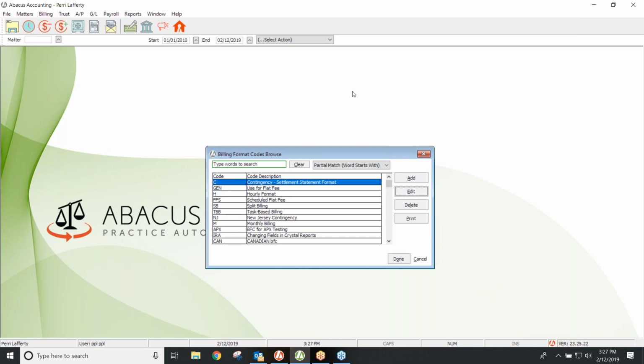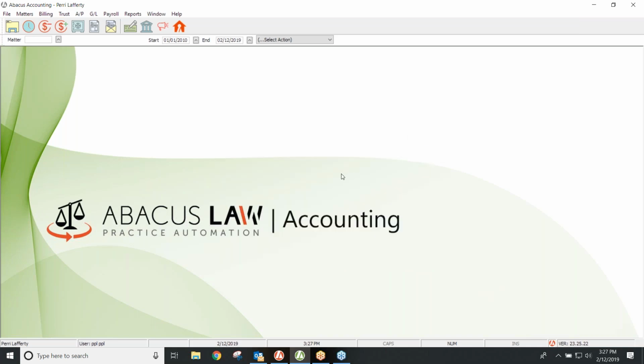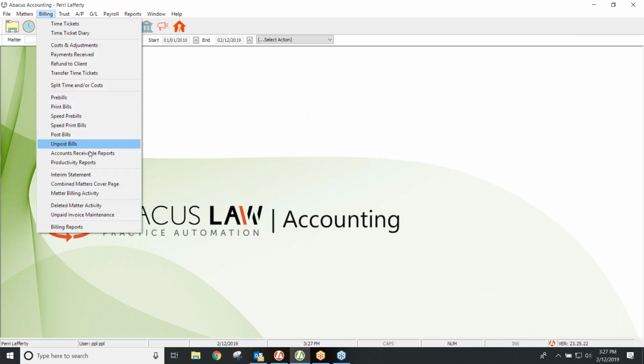Some firms, and I recommend this, actually do keep their time on how much time is spent on the actual legal work for this case. And there's nothing wrong with that at all. Actually, I think it's a good thing because then you will be able to see on your productivity reports how many hours were actually spent. Now, obviously, those time tickets don't show up on the settlement statement, but they will be in Abacus. So please don't be afraid of putting in your time in AbacusLaw and pushing that note forward or billing that note into the billing system because it's got to be over here for it to actually be calculated in your